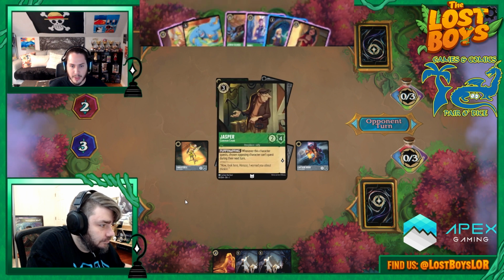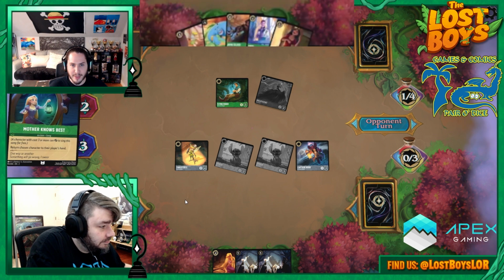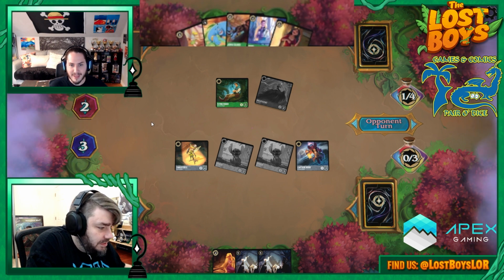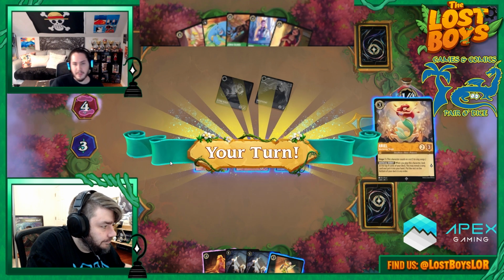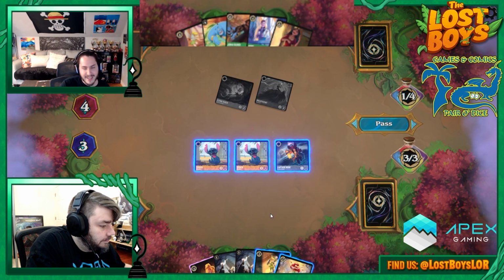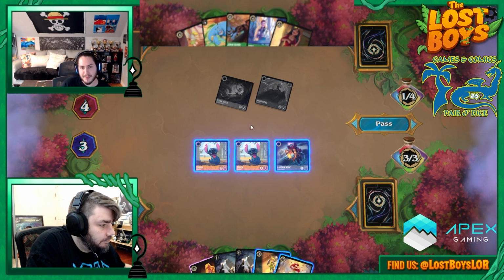Let's ink a Jasper. See ya. And we're going to Mother Knows Best your Tinkerbell. Okay. It's a good way. Quest it up. Wish we had had that to sing instead of the Friends on the Other Side, so I could have developed also, but...